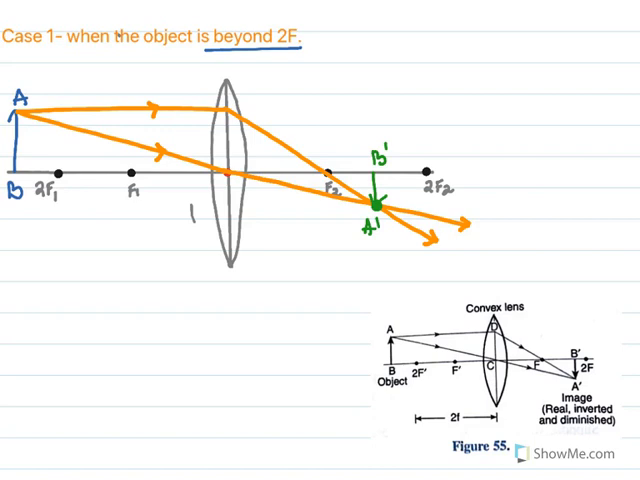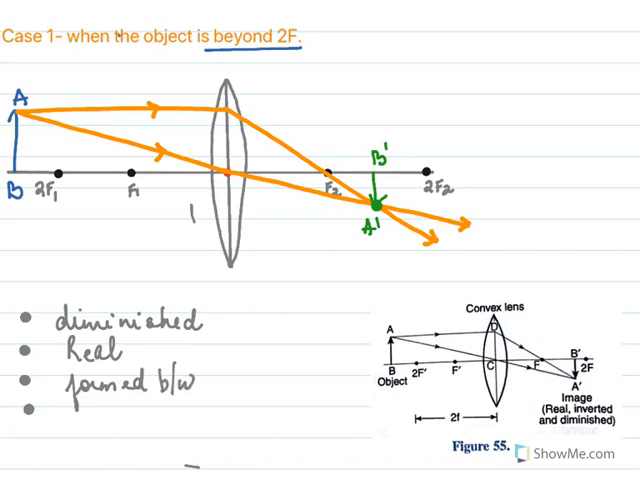So if I were to tell you what is the nature of the image, you will say, 1, it is diminished. You can see in the picture that the image is diminished. It is real because the real rays actually meet, and it is formed between F and 2F on the other side of the lens. We'll go to this again. Here I have the